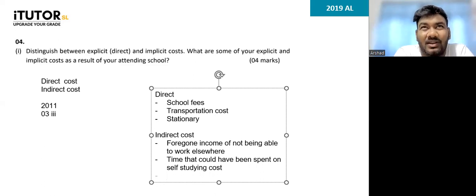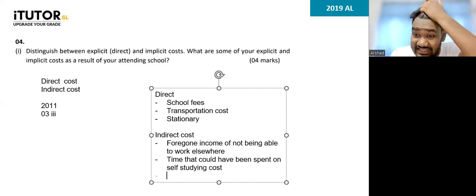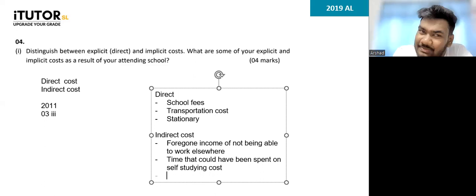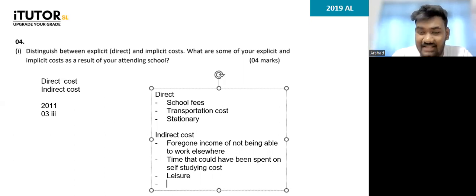Professional courses, okay, but not very relevant, because usually during school time you don't do much of professional courses. Anything else that is money spent? That would be a direct cost, because remember, if you're directly spending money, that's a direct cost. Anything else? Maybe helping parents. You can do that. You can also talk about your leisure. Fine. Tuition classes that could have been attended,